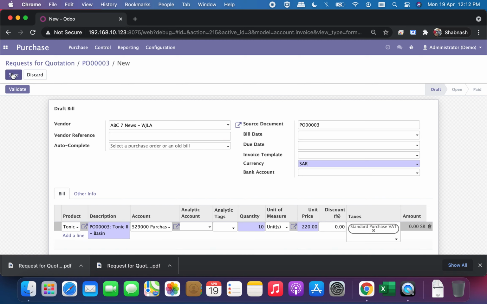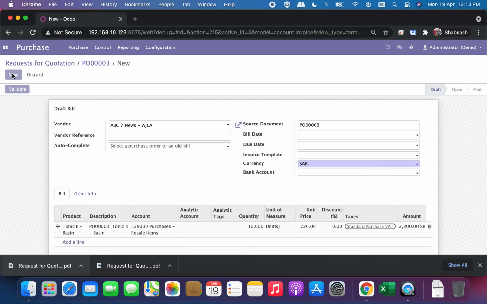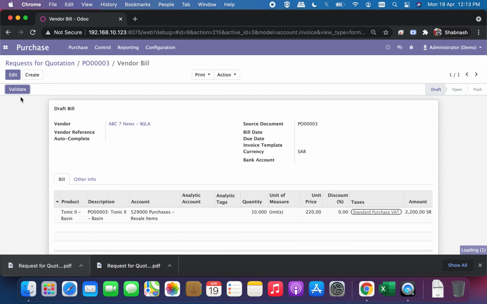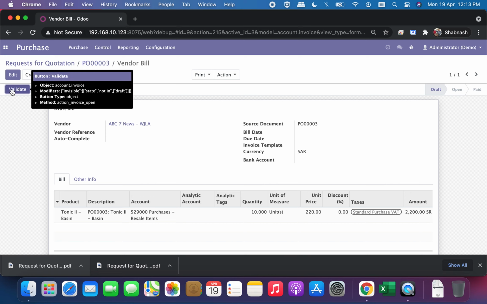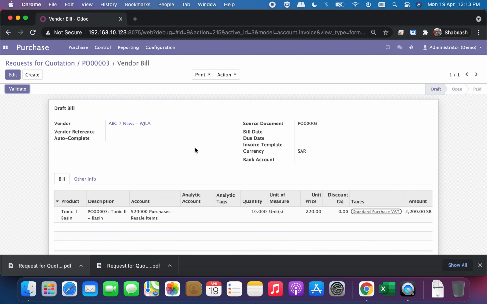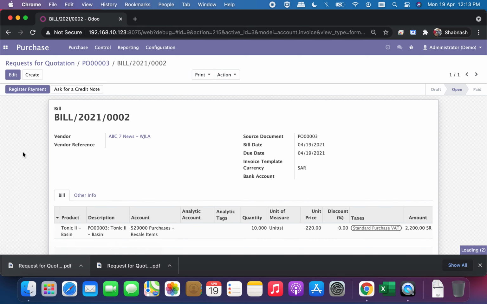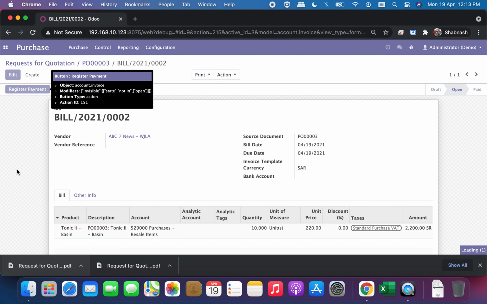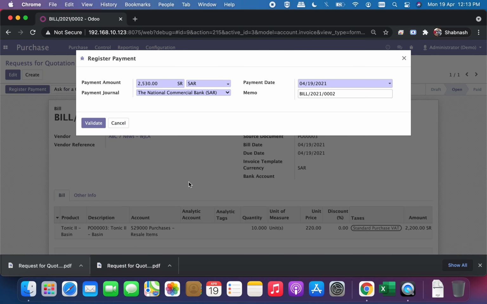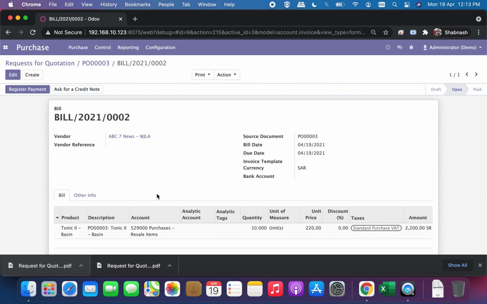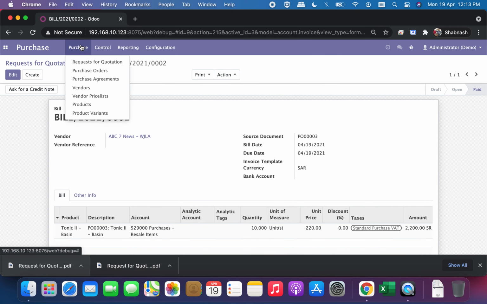I can bill for the whole 10, and I can save it, because some vendors require advance payment. So in that case, you can have the bill received, and once the price and everything is fine, I can validate it and trigger the payment against it. By clicking on this register payment button, it'll ask from which bank you are planning to make the payment. I can select the bank and click on the validate button, which makes the payment process complete.